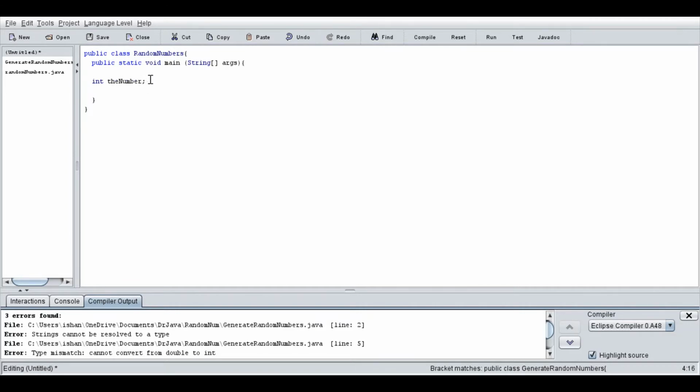semicolon. There are two ways you can assign a value to this variable. The first way is putting an equal sign and assigning a value, or you could go to the next line and say theNumber equals. The general formula to declare a random number in Java goes as follows: parentheses Math.random() open parentheses close parentheses